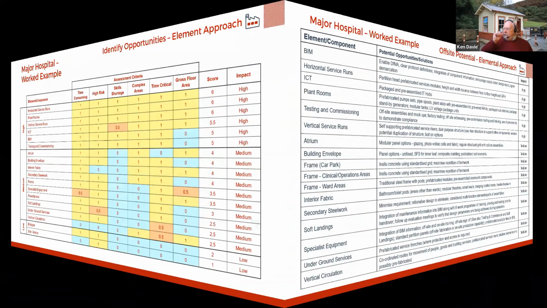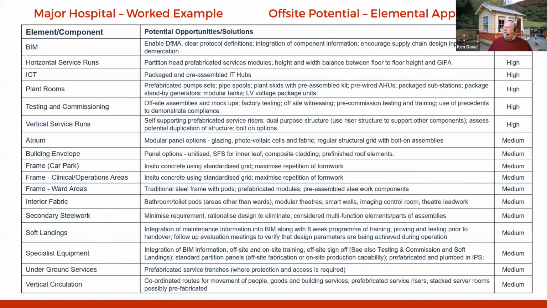What we then did on the back of that was sit down and ask, right, what can we actually do? Now, as I said at the start, you'll get copies of these, so I wouldn't expect anybody to even try and read through what's on a very, very busy slide. And I'm not going to read through it either myself. The principle here is you've identified where you want to put in your effort, and then you start to think, right, what are the actual potential solutions? And you can see when you say plant rooms, there's quite a bit.